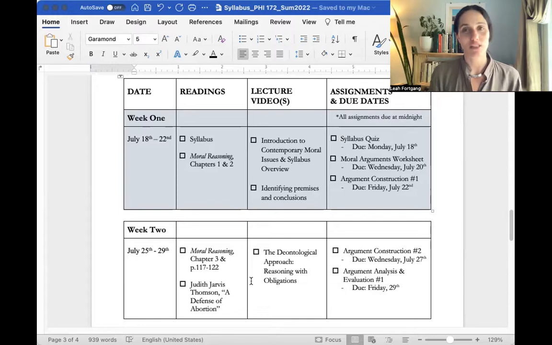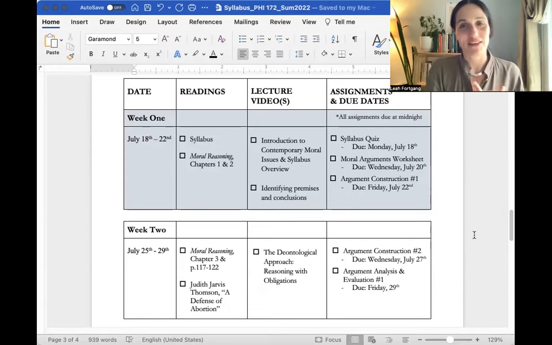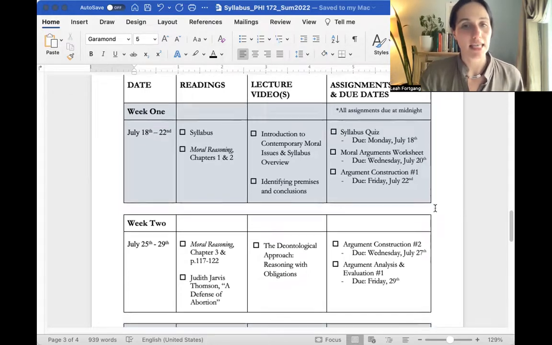I have to collect work on the first day of the course because the verification of enrollment is due the following day. It's due on the 19th. So in order for me to verify that yes, you're in this class, there's a number of reasons it would be really bad for you if I couldn't verify it. First and foremost, the registrar would kick you out of the class. And second, that could mess with any possible financial aid stuff, loans, things like this. So it's really important that everybody submits that syllabus quiz by midnight on the 18th.